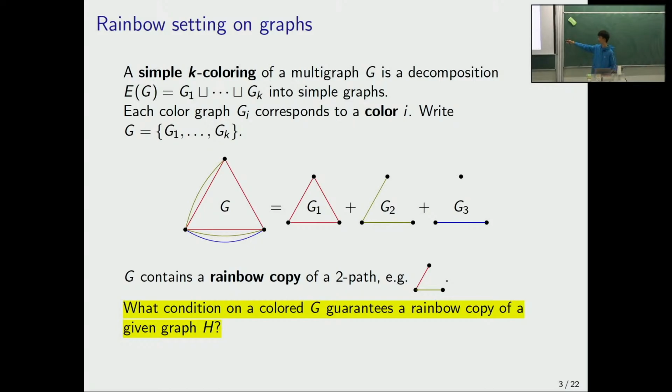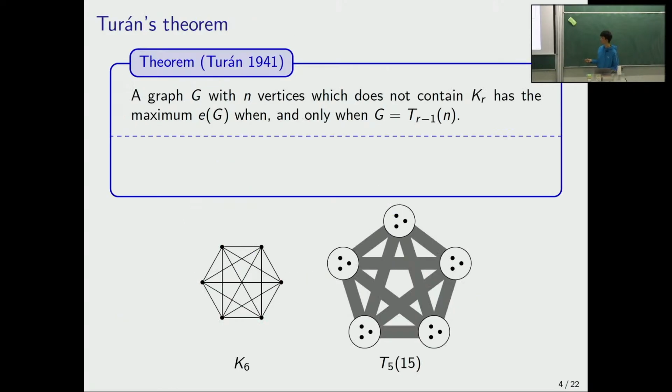And each simple graph corresponds to a color, one color, as I said. So we also write simply K color G like this, the collection of those color graphs. Well, this is a notion of simple K coloring, which I use. If we ignore the rainbow settings, then the most traditional problem about finding a subgraph in a large graph